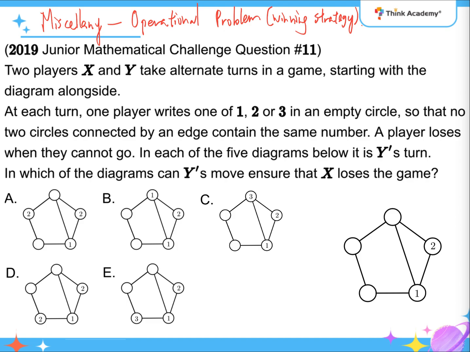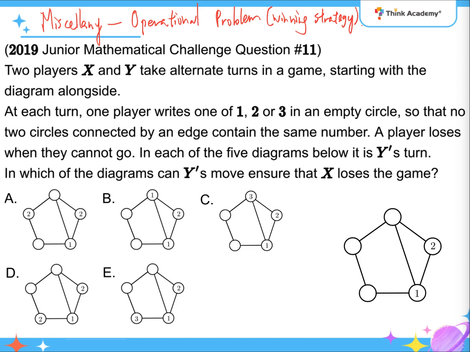So basically, it says that, well, now it is Y's move in one of these 5 figures. And after Y makes his or her move, Y wants X to lose the game. And the condition to lose the game is to make sure that the other one cannot put any numbers in